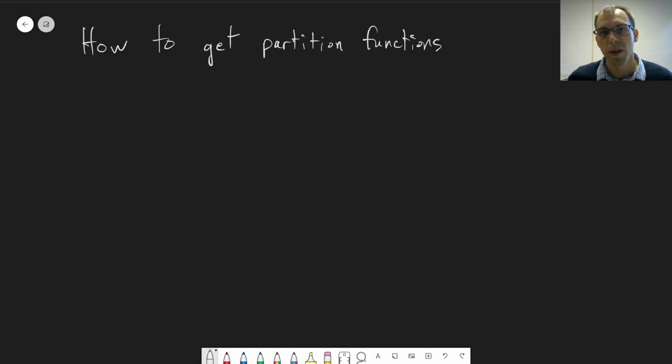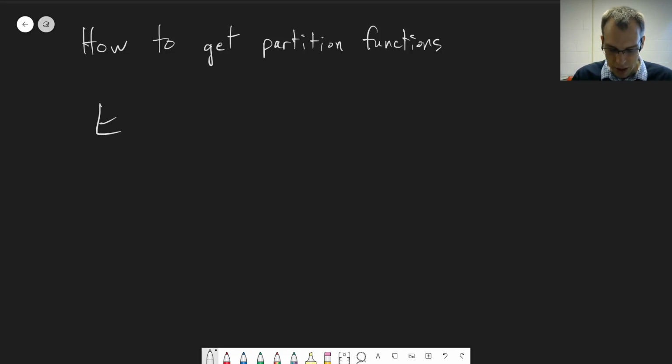So at this point, we have seen some examples of what partition functions look like. But the question that we should really be thinking about is, how do we get to these partition functions? I've introduced a couple for a monatomic ideal gas. We can look at some other ones, but how do we get to these partition functions? And if you remember,